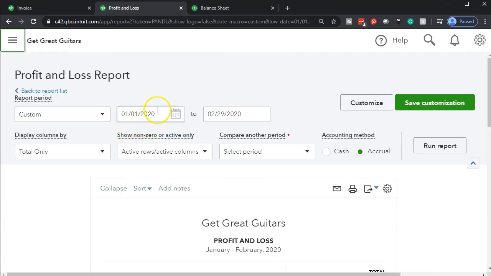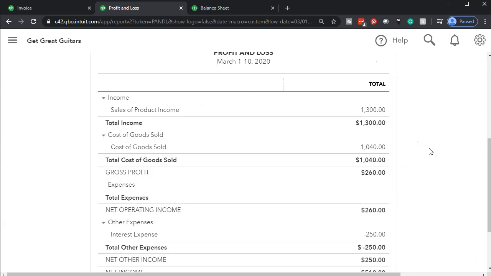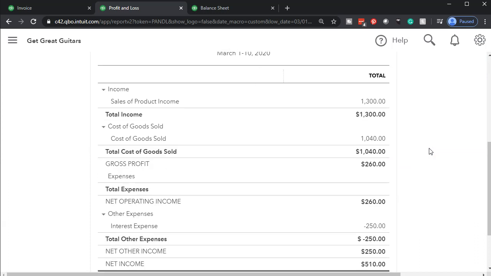And it's going to be in there in March. So this is where we get to see what's happening on the income statement very clearly with an invoice. I'm going to go 03/01/20 to 03/10/20, so March 1st to March 10th, 2020. Run that report. Now this only has basically our items related to the reversing items are there, but also our